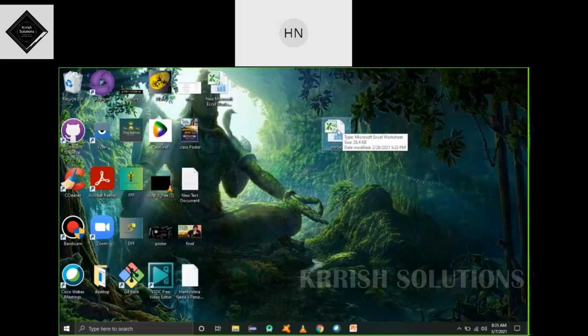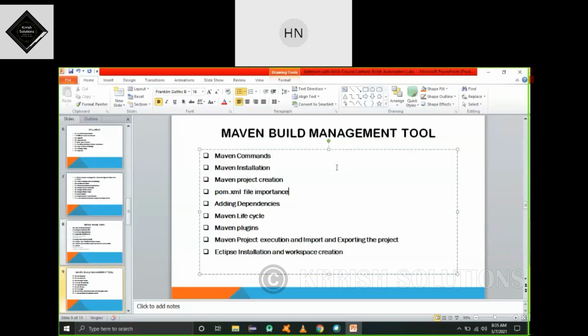That is the reason. To accommodate this requirement, our tool Maven came into the picture. In the initial days we used Ant, now we are using Gradle also, Maven also. The purpose is the same. In the Maven tool we have Maven commands, installation, and the Maven lifecycle. Maven project creation: how we will create a Maven project, and what is the importance of this pom.xml file and what is its purpose.